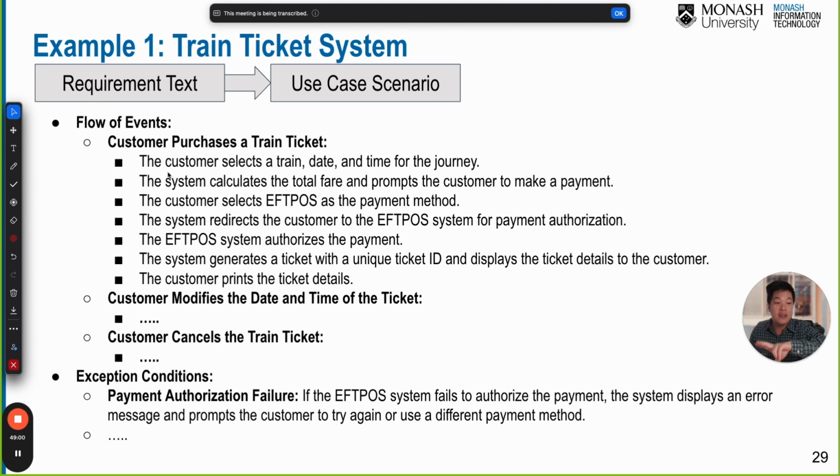So this is the flow of the event, which is a more detailed description for each of the use cases that we draw in the use case diagram. Okay, does it make sense, everyone? Use case diagram is a set of the use cases. For each of the use cases, we should write or describe the use case scenarios, which explain the flow of